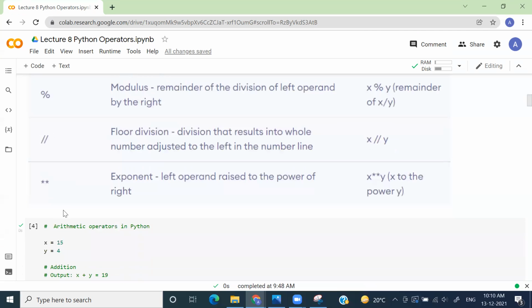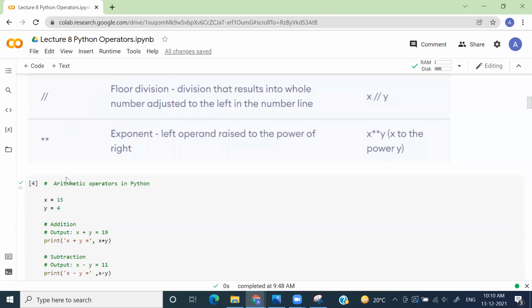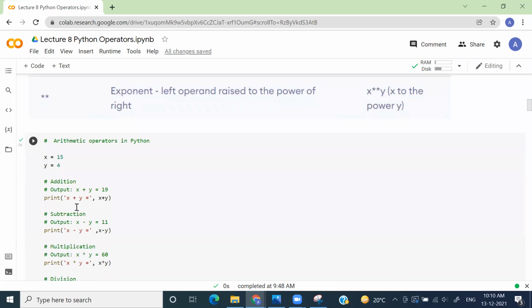Now let us see how these operators play out in Python. For the given example, I'm taking a variable x and assigning the value 15 to it. I'm taking another variable y and assigning the value 4 to it. First of all, let's try to perform the addition operation. This is the string part.